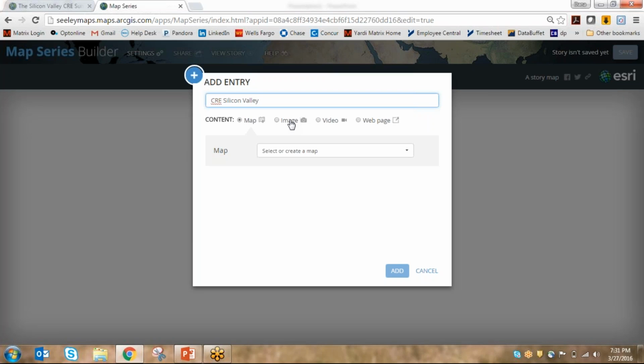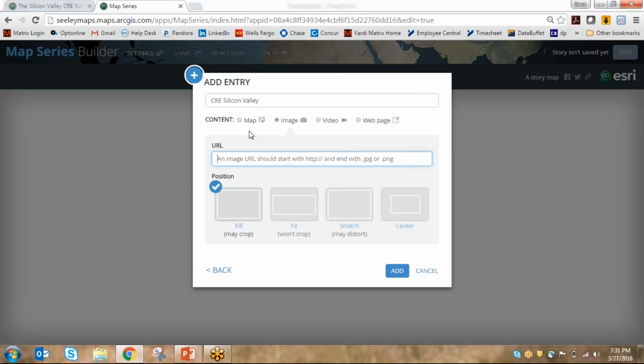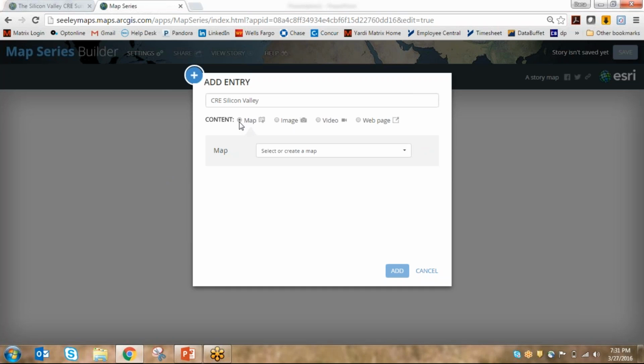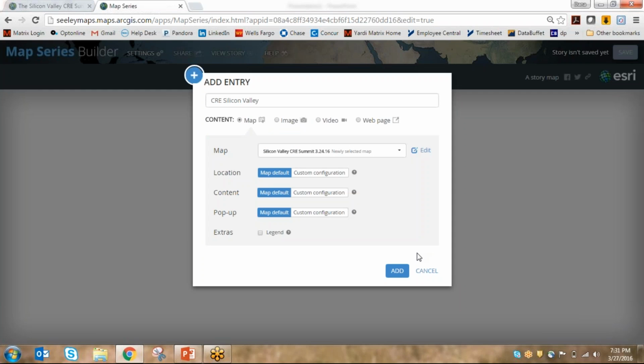The presentation that you saw before, my example, I used a PowerPoint slide. So I took one slide and I created a PDF out of it, and then I hosted that on my ArcGIS Online account. So I saved the image there, and then when I made that image public, I just took the URL and I was able to post it right here. But for purposes of this demonstration, I'm just going to use a map that I've already created. So we're going to select or create a map. I'm going to select a map that I have preloaded, and we're just going to use all the defaults for